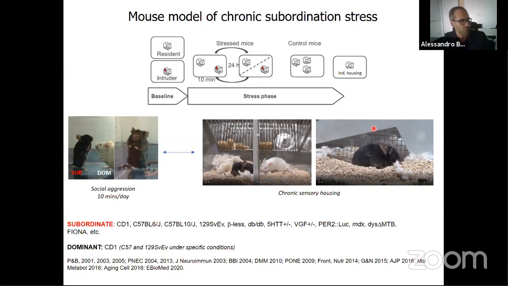The model we have been using and developing over many years very briefly works this way. You have two male mice. For complex reasons, this works mostly or only really in male mice. You have one animal that will be introduced into the cage of an aggressive conspecific. And very often the intruder would be a C57-like strain. We are forced by geneticists to use the strain. Nevertheless, this is our strain of election nowadays. And then the resident will be this CD1 male, which is a highly aggressive outbred strain. The two will be facing each other. There will be an aggressive interaction.